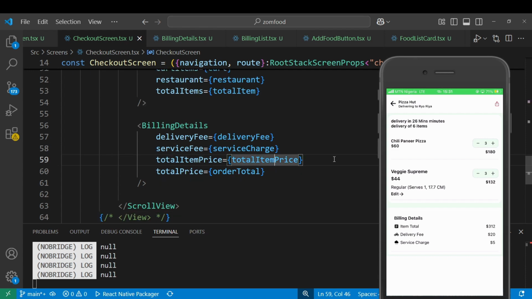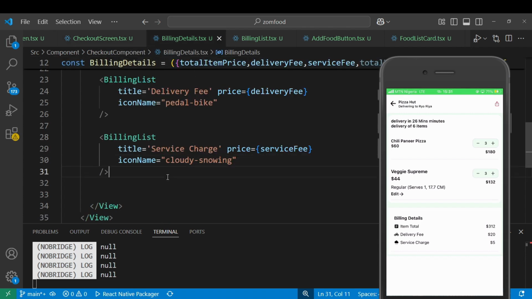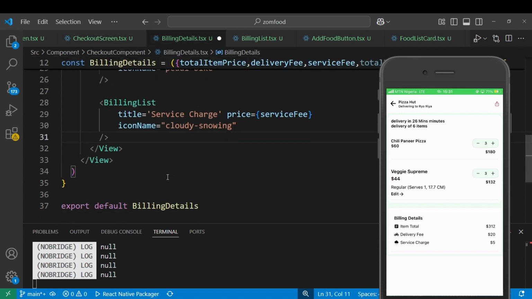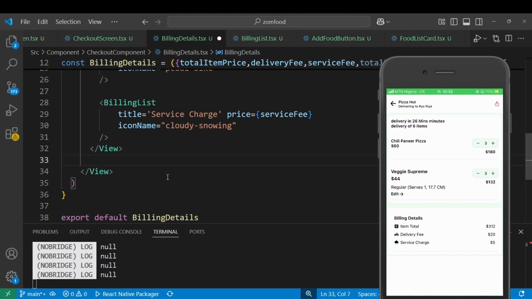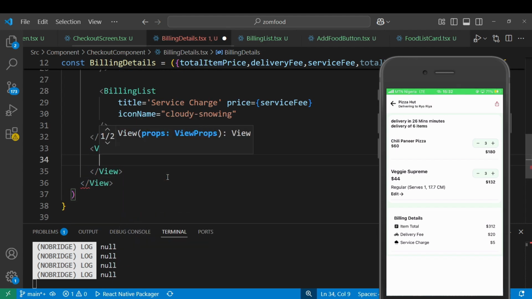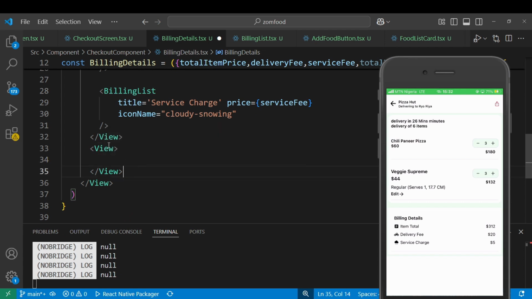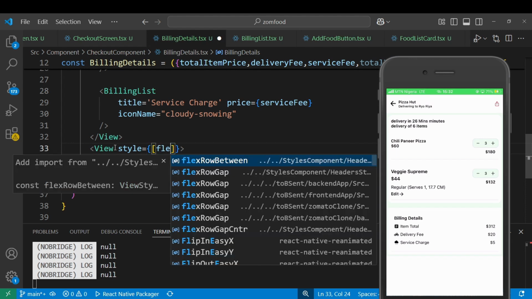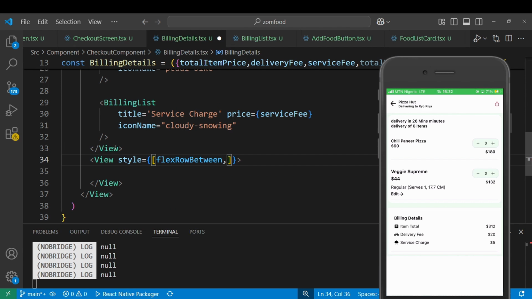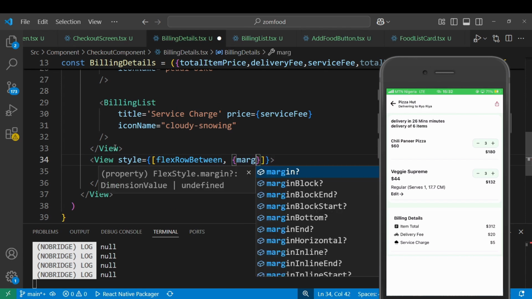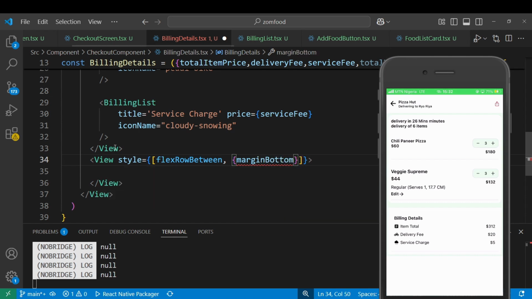So after this, we'll go back to our billing details. So inside our billing details, after this, we'll come out of this view. And then inside here, we're going to render another view. Let's give it style, and then the style we're going to use here is going to be an array of styles. So we're going to get this flex row between, and then we're also going to get the margin bottom. So margin bottom of 55,